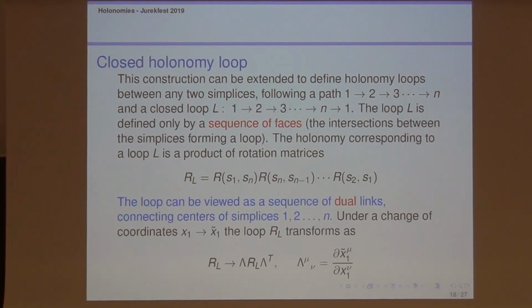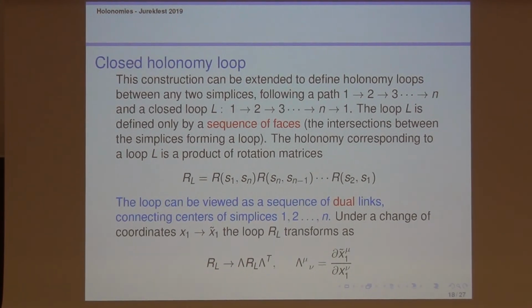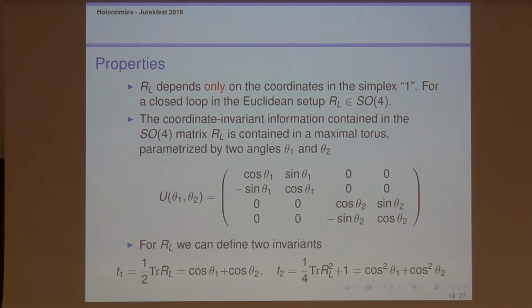These objects are rotation matrices. In fact, they may be not really rotation matrices, but they rather belong to an O4 group, maybe not necessarily to SO4, because we do not completely control the parity of coordinate systems in the neighboring simplices. However, for a closed loop, this should be an SO4 transformation. If we have such a transformation, it belongs to some conjugacy class, and in fact, this conjugacy class is completely characterized for each particular loop